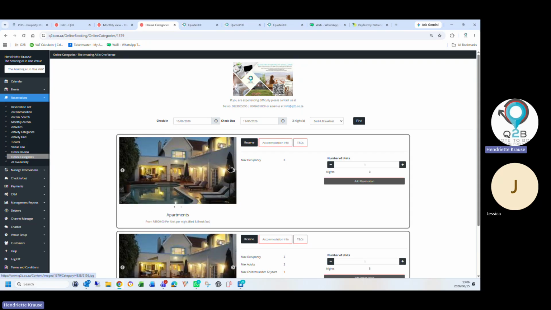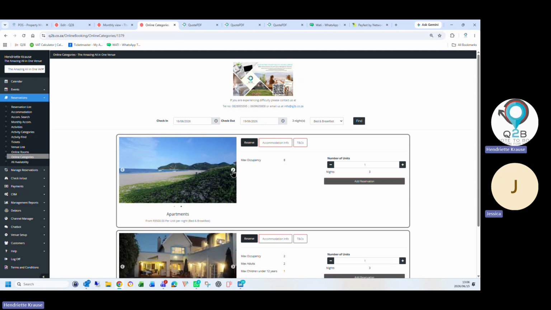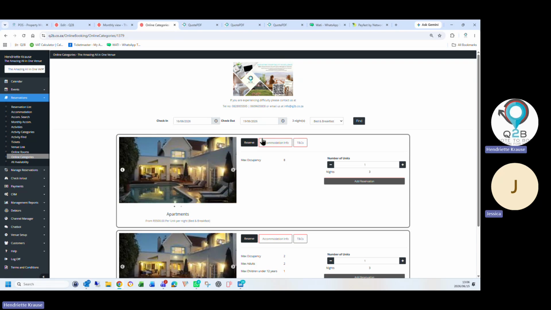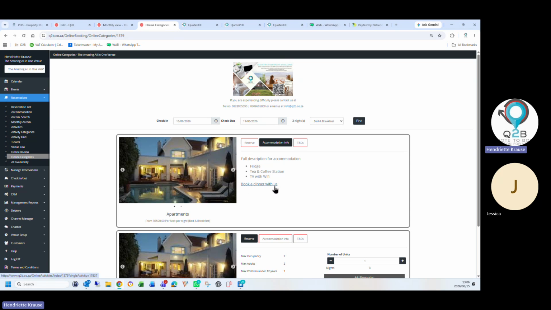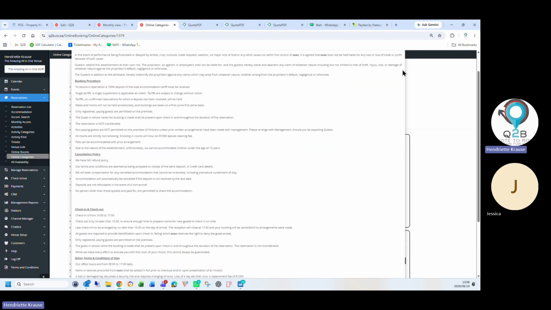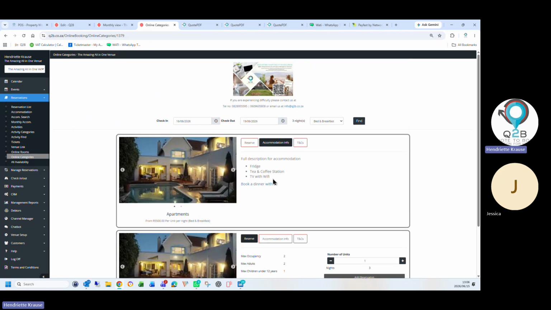We've got a scroller image, so then you can upload video, photos, up to 4 photos, that the customer can scroll through in the gallery. Accommodation info, anything about the room, and also you can add links to videos or 360-degree videos or anything that you want to. And of course, a customer can read all your terms and conditions online.